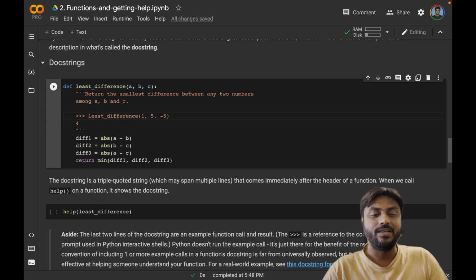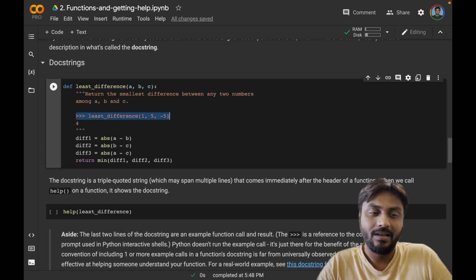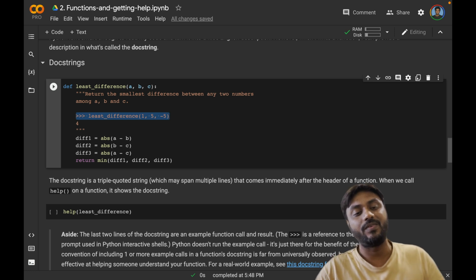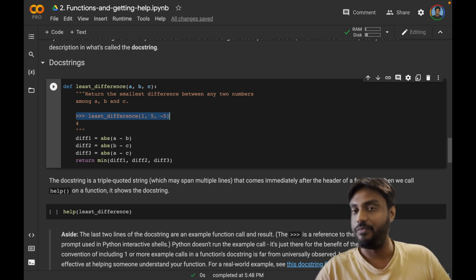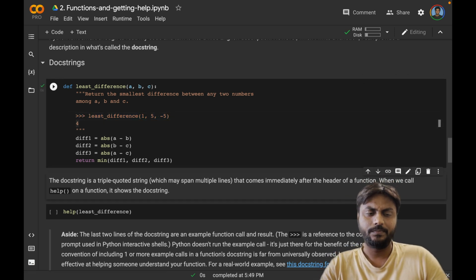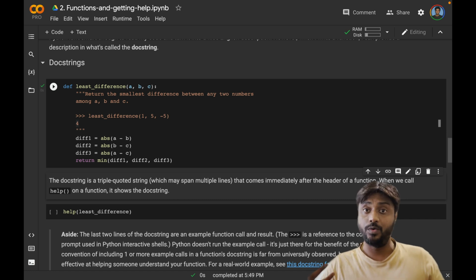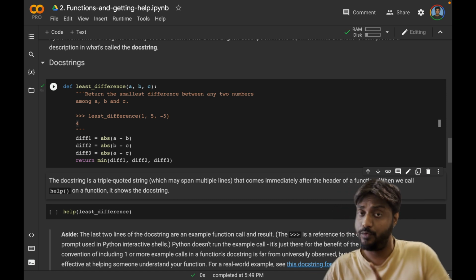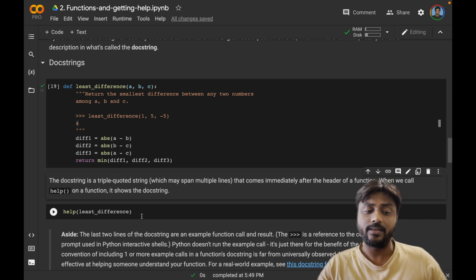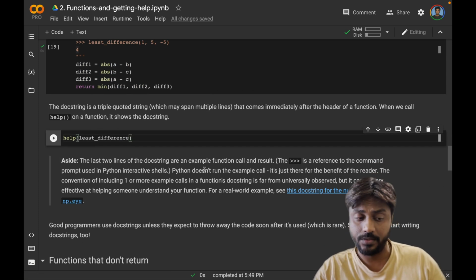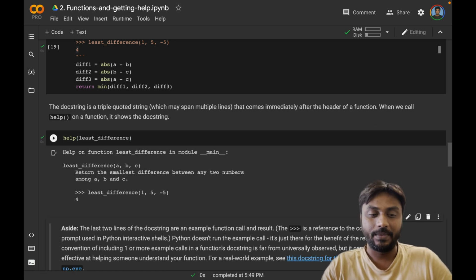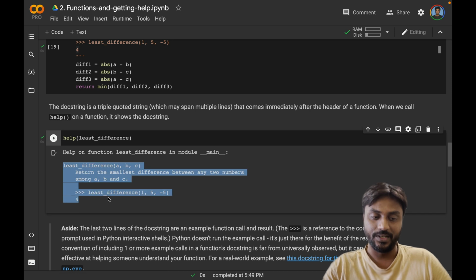So that's a fair description. And then I'm even giving an example here of, look, if you call least difference with the numbers 1, 5, and minus 5, the answer here is going to be 4. Okay. So let's execute this. And what happened now, again, no output because we've only defined the function, haven't invoked it. What will happen now is if I try to access the help of this function, then